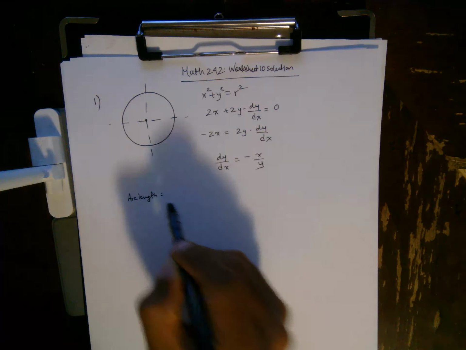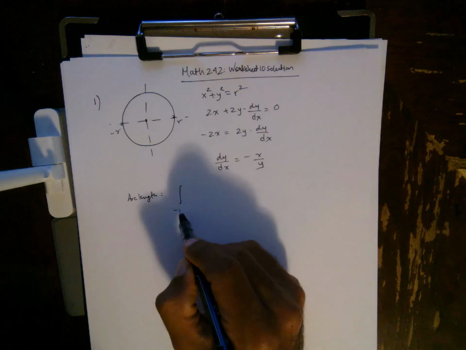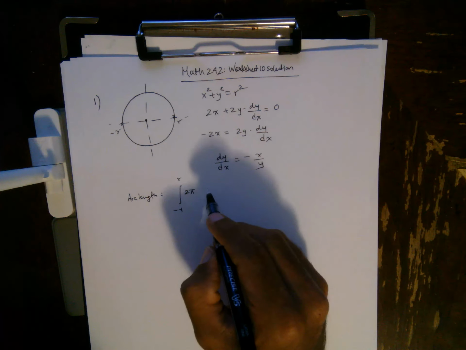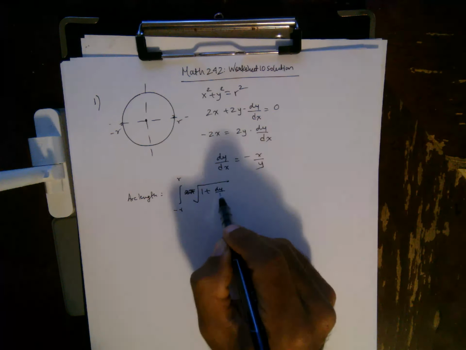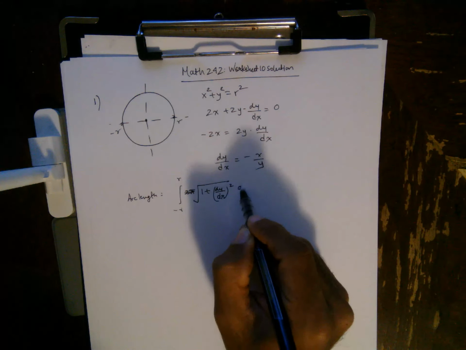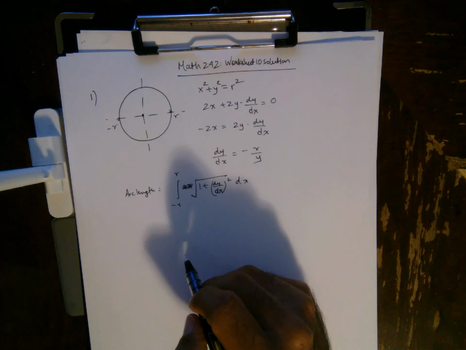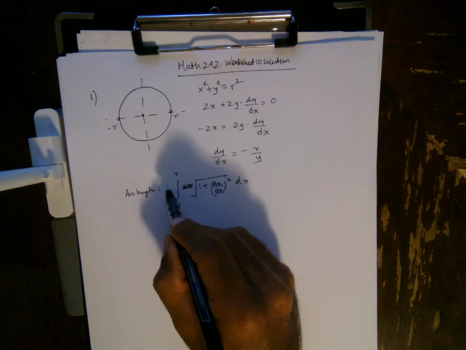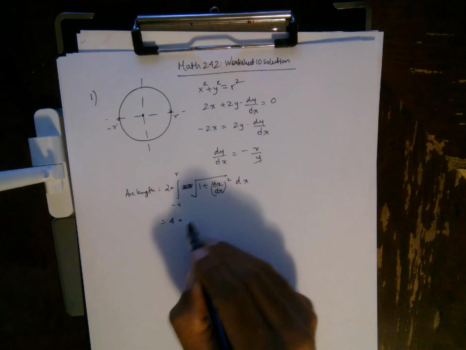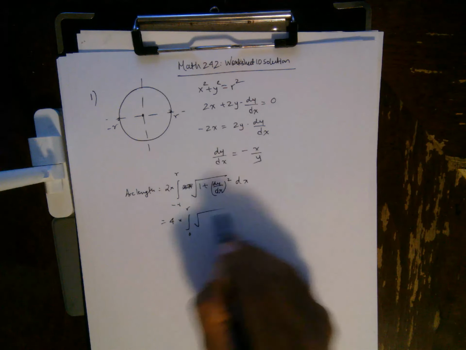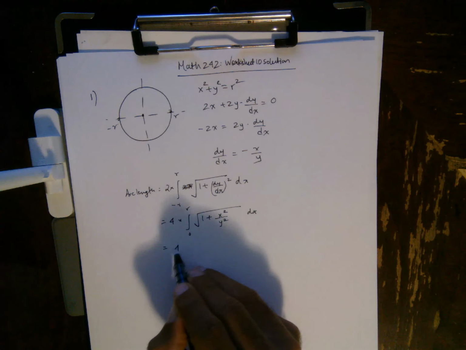Now arc length is going to be, let's say I go from negative r to r for x value, 2 pi, square root of 1 plus dy over dx squared dx. Now because we have a symmetric integral here, the total arc length is going to be 2 times half circle, which further becomes 4 times just the first quadrant, dx, and then we can